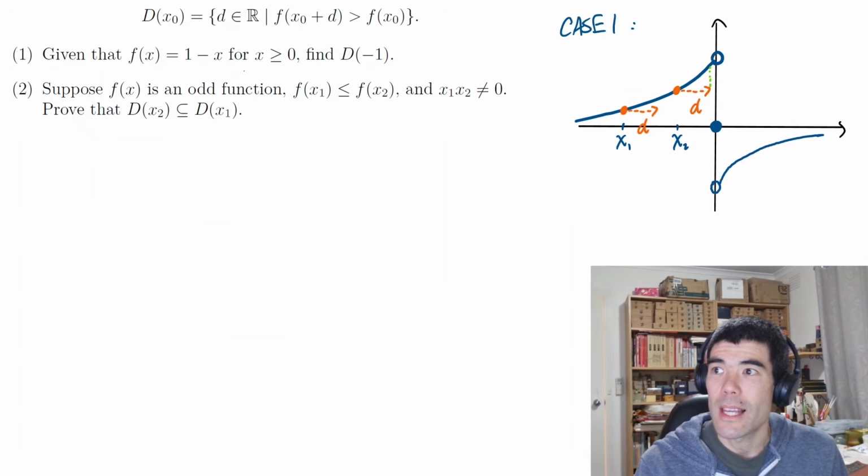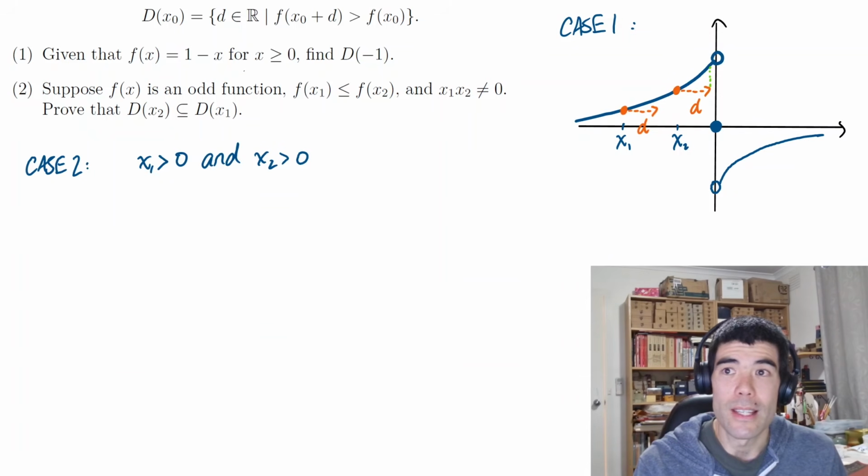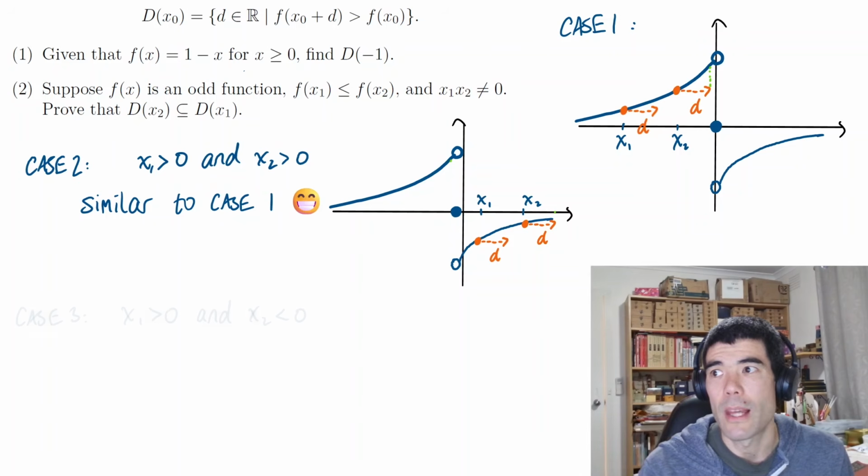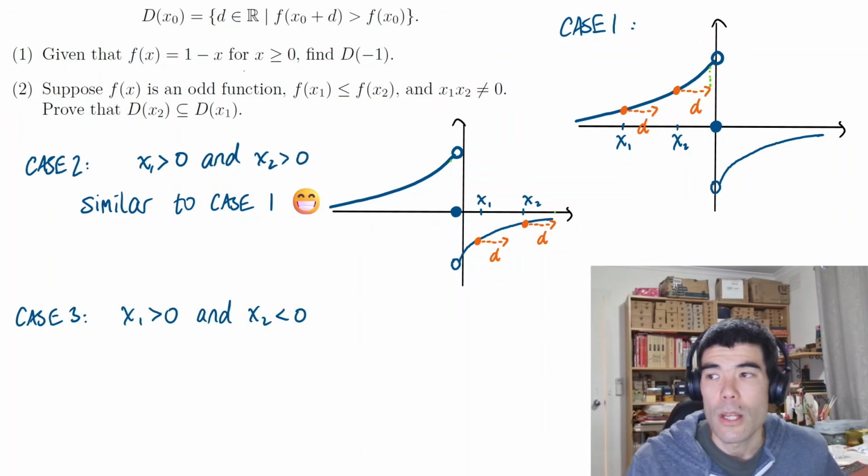Case 2, let's say x1 and x2 are both greater than 0. But again, because we've got an increasing function, it's going to be very similar to case 1. I won't write out all the details for that part. Case 3, and this is going to be the only other case, where x1 is greater than 0 and x2